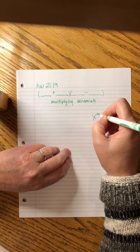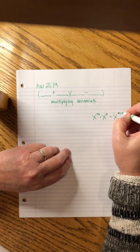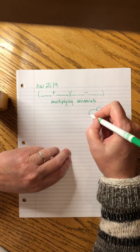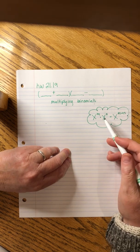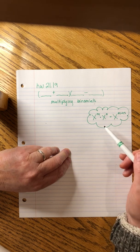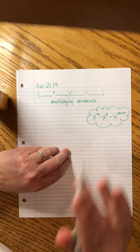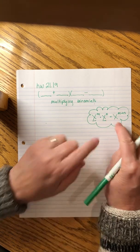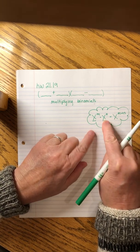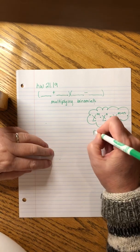Remember that if we're multiplying matching bases, we can go ahead and just add the exponents, right? That's a rule. I've been beating it into my students for years, ever since Algebra 1. So hopefully your mother beat it into your heads too. But one thing that's super important to remember in this problem is that those bases have to match. If they're different bases, you can't add the exponents, okay? It's only when they match. So that's an important distinction for this problem. Now, again, let me write this down. This is the product rule,